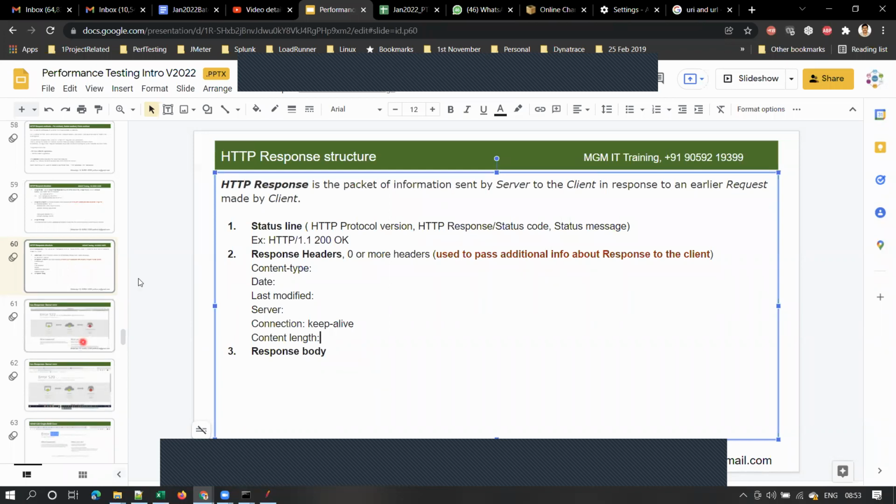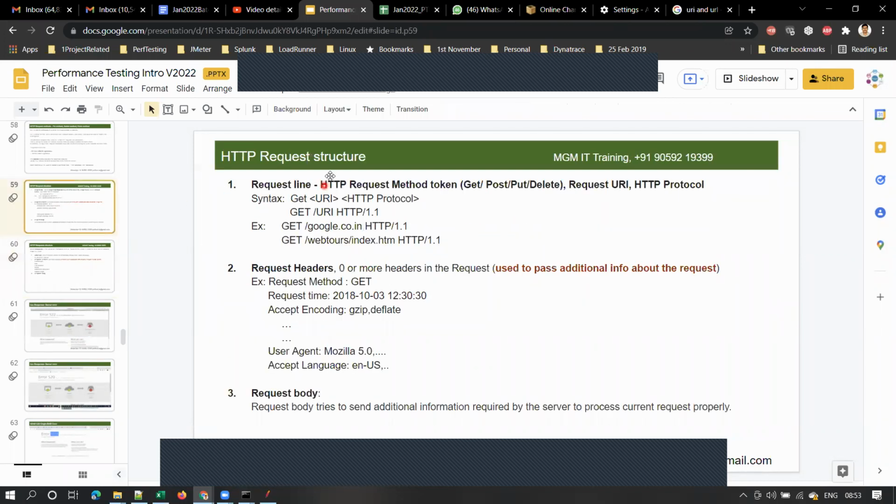Now, these are important for interviews also, guys. That's the reason I'm explaining. So some interviews ask these basics. They stress more on basics to test your understanding or how good you are in basic concepts. To test those, some interviews ask these questions: what is request? What is request structure? What is response structure? What is meant by request header? What is response header? What is the purpose of headers? What are the important headers? What information do you get from response headers and all these?